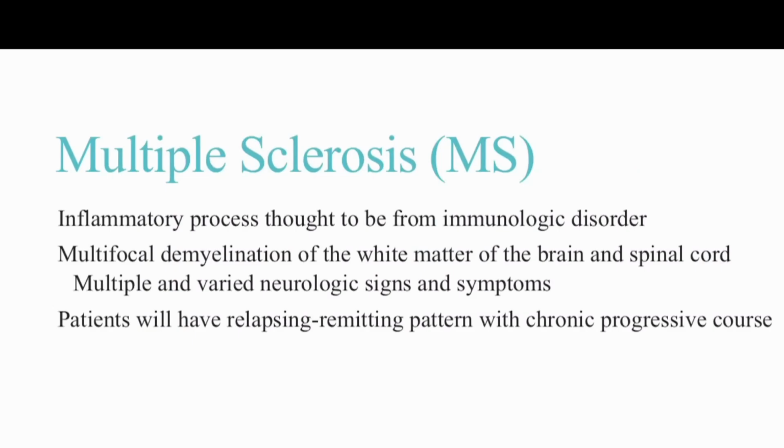Multiple sclerosis, moving on to this one now. Inflammatory process thought to be from an immunologic disorder. So there's usually some sort of autoimmune issue causing multiple sclerosis to occur. Usually there's going to be an insult somehow. They were sick, had a viral infection, something that sets off the autoimmune process. They get multifocal